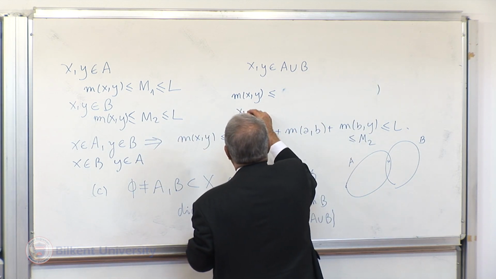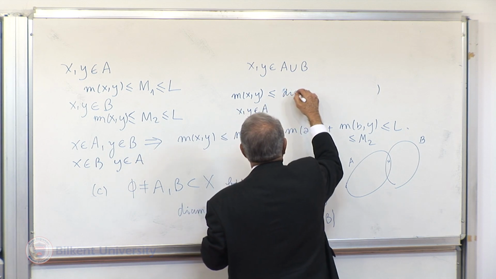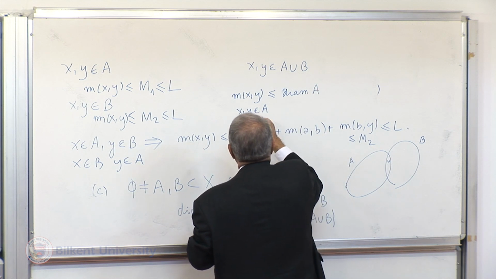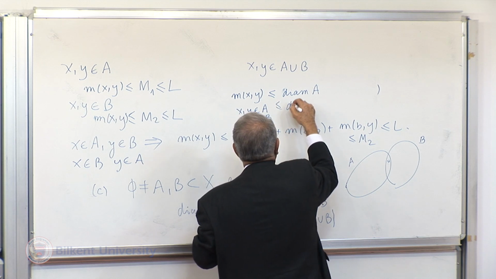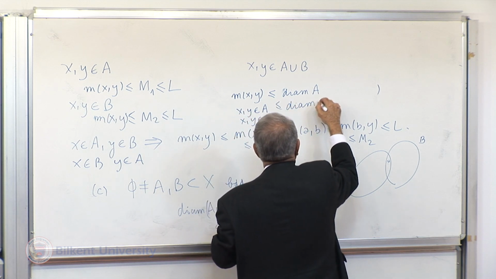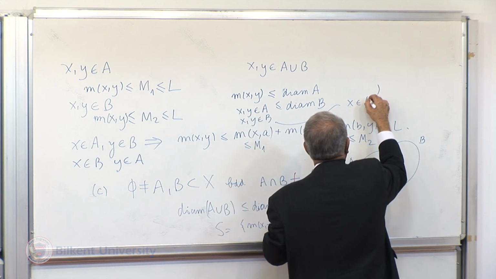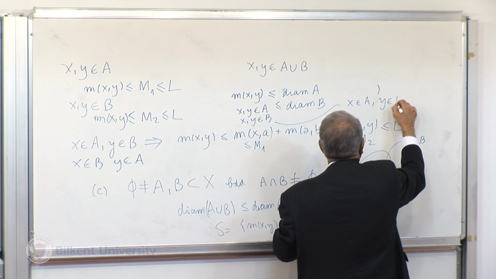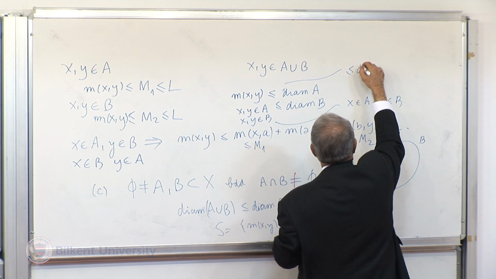Now, if xy is in A, then this is less than diameter A. If xy, they're both in B, this is less than diameter B. If one of them is in A and the other is in B, then this will be less than or equal to